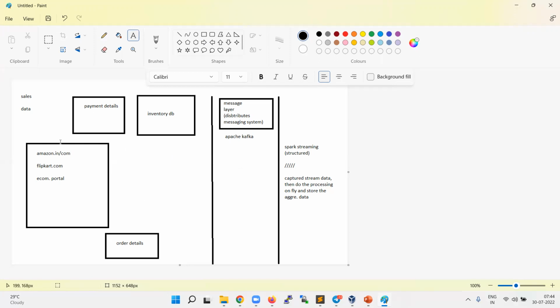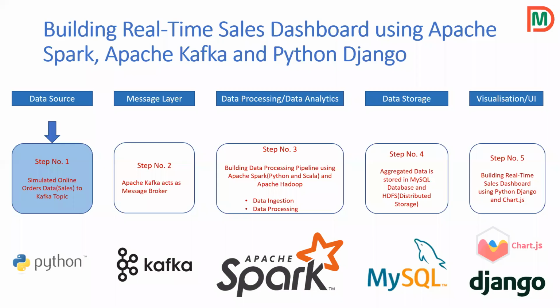So this entire scenario on the left side, I created as a simulator. If anyone has exposure to building an e-commerce portal, even a simple one, they can very well use that. I will tell you how you can make this simulator integrate with your e-commerce website. It can be any language. It can be built using a Python web framework, a .NET based web application, or a Java based web application. You can do that.